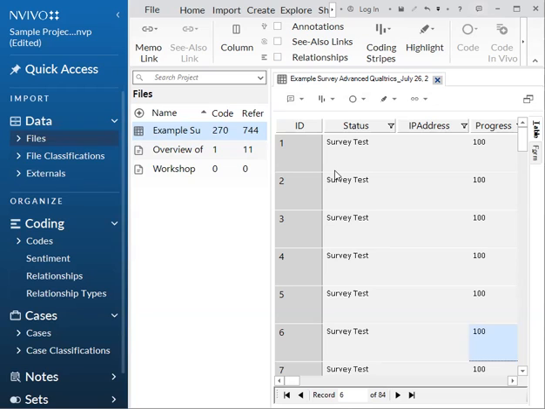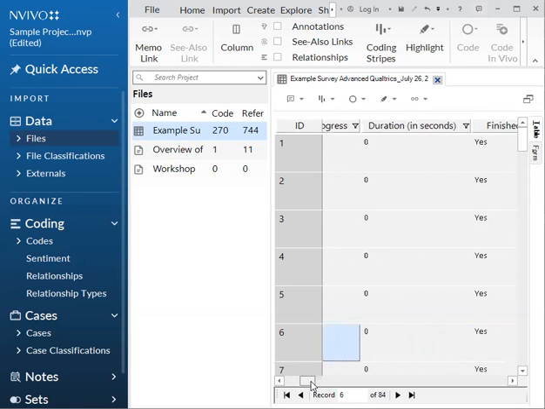So NVivo can be particularly useful in making survey data more manageable to view using filtering, form and table viewing, auto coding open-ended responses, and coding can also organize data by themes and trends. So that's a little bit of what we're going over in this video. So filters allow users to filter data sets based on the respondents' selected responses.